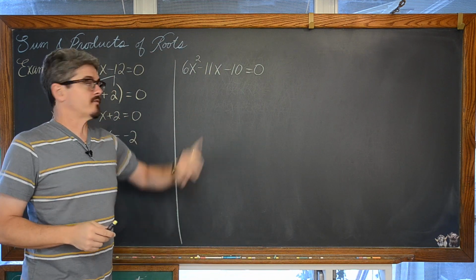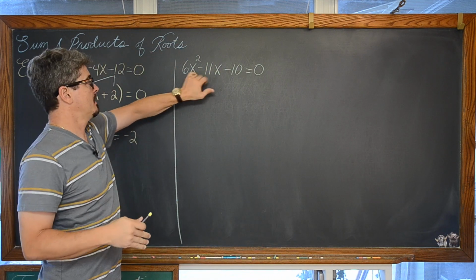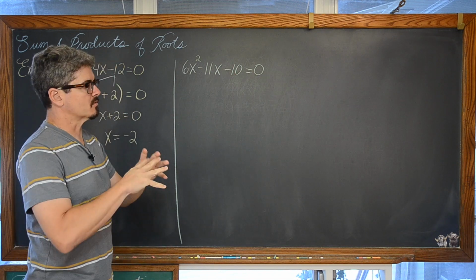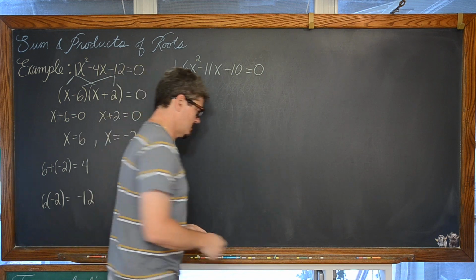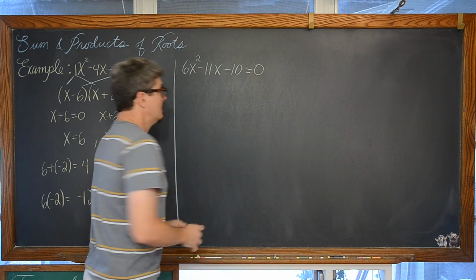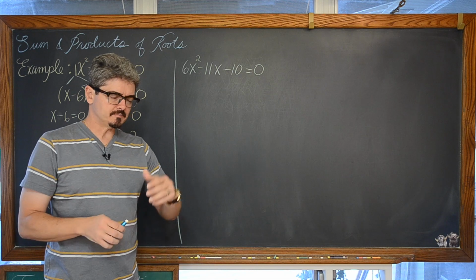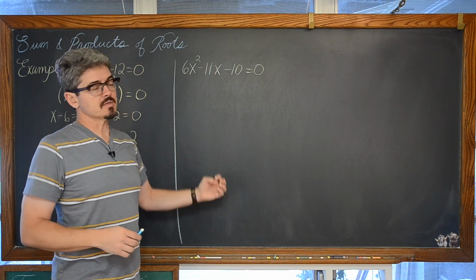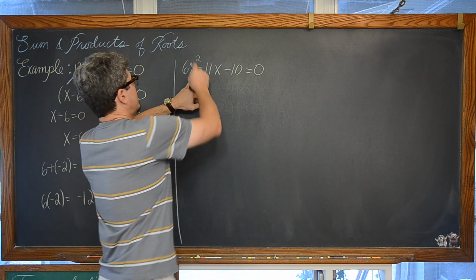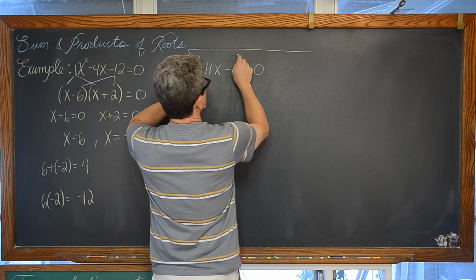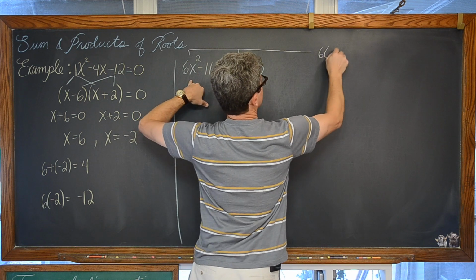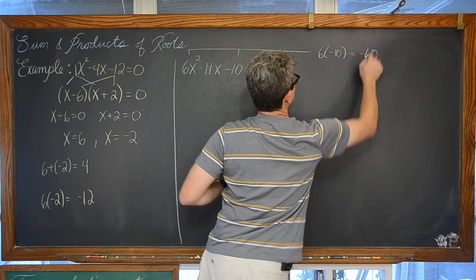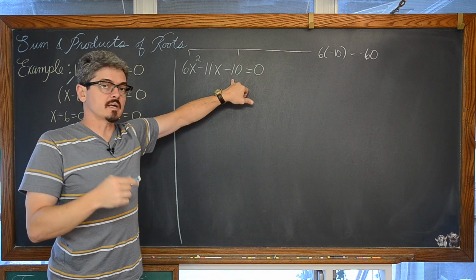Now with this example, we have a leading coefficient which is not equal to 1. So without being forced to do trial and error, or just a little graphical trick that sometimes we see in our algebra books, we're going to go through the process of reviewing factoring by grouping that is going to allow us to solve this quadratic without trial and error. And that is going to be taking our leading coefficient and our constant, multiplying those together and getting some kind of product. Well, 6 times negative 10 is negative 60.